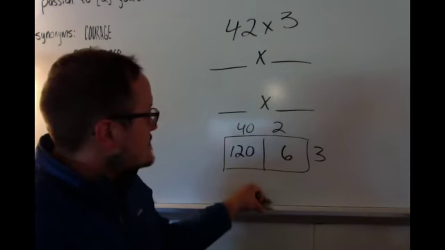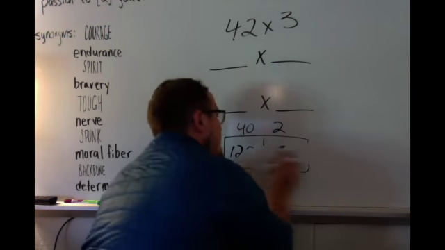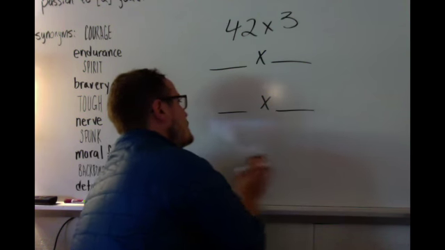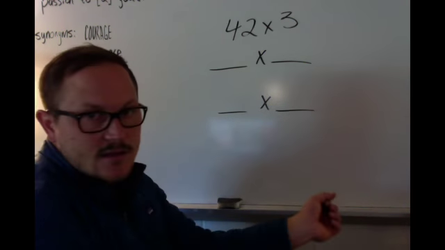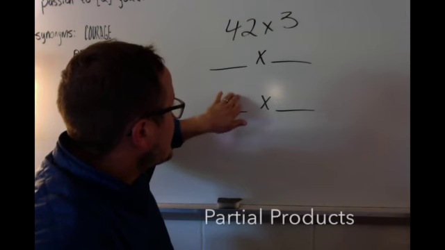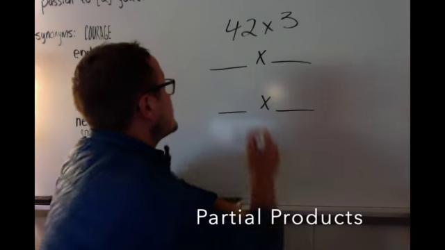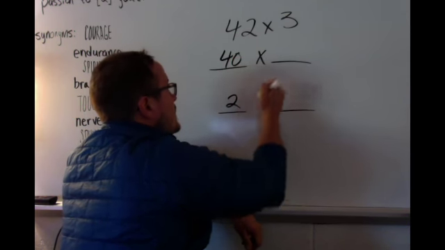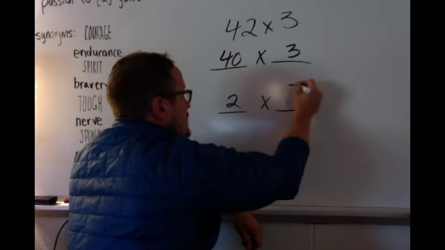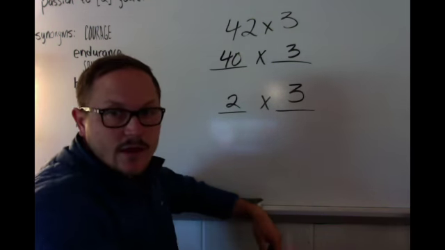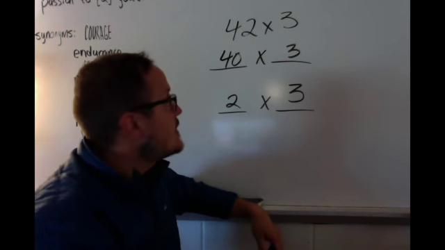It's taking this picture representation and trying to move into the more abstract, and then eventually move into the standard algorithm. So with this method of multiplication in Stepping Stones, students break up 42 as 40 and 2, and they multiply it by the 3 because that's what's happening in the standard algorithm, and we will show that in later videos. But anyhow,